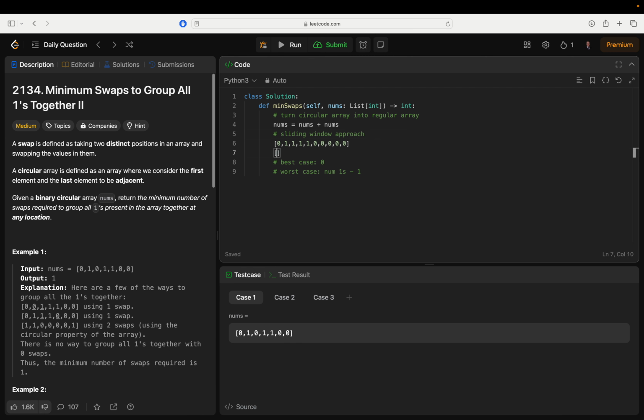So for example, if we had 0, 0, 0, 0, 1, 0, 0, 0, 1, 1, 1, 0, 0, 0. So we'd count the ones and we know that we need a range of 4 ones, because the best case scenario is all the ones are together. And if they're not together, then we need to find the most ones that are in that range,